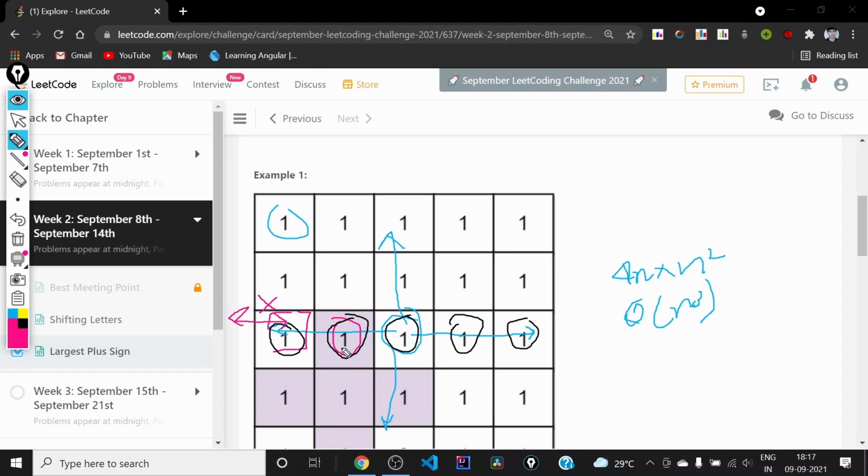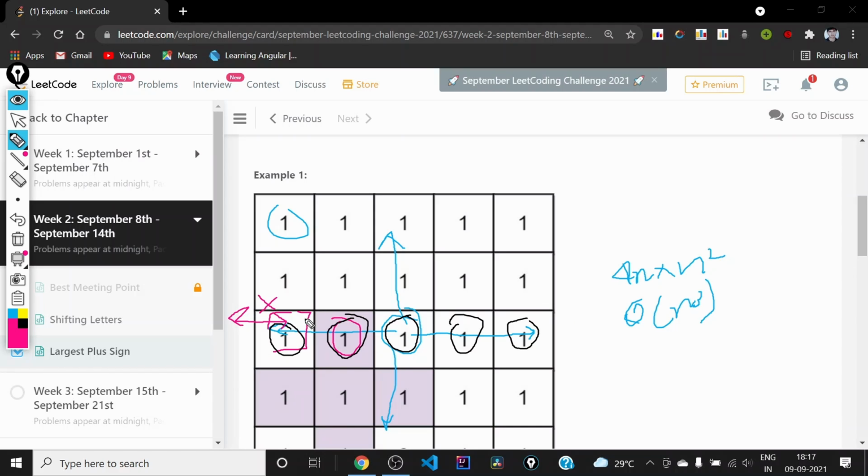If it is 1, then since there are x consecutive ones towards the left from the previous cell, there will obviously be x plus 1 cells possible from this cell. And if it is 0, then since we are encountering 0 here, there will be 0 cells towards the left. So this is what we will be using for calculating the left of each cell in each row.